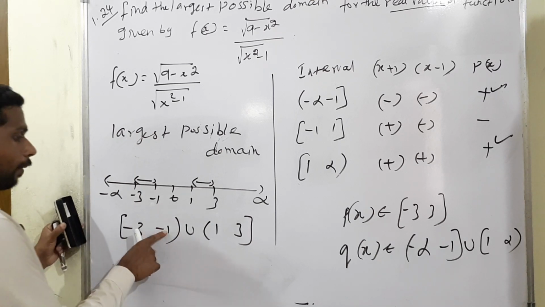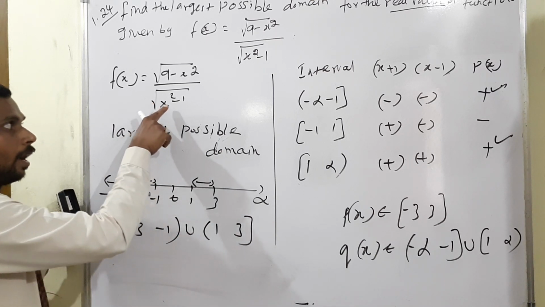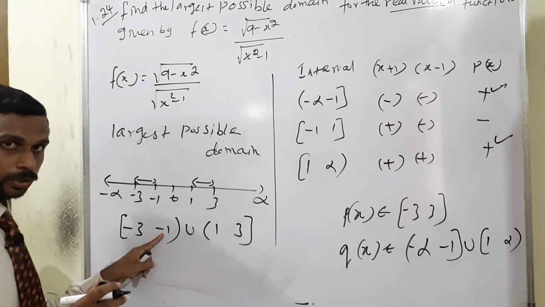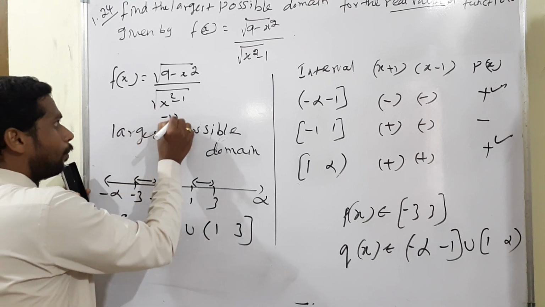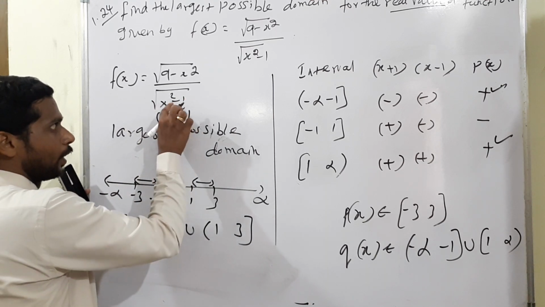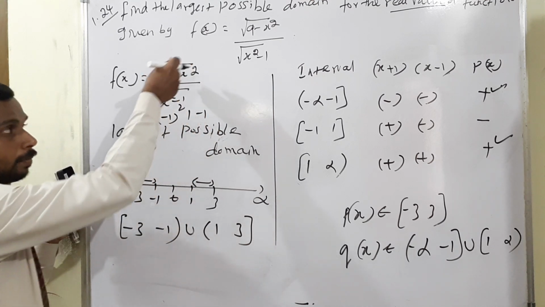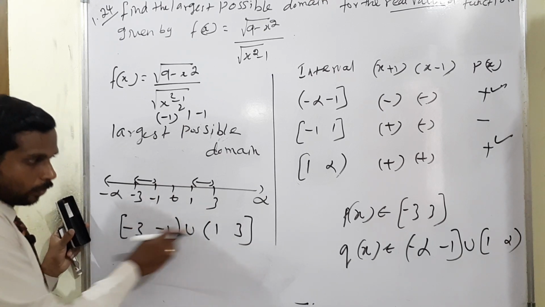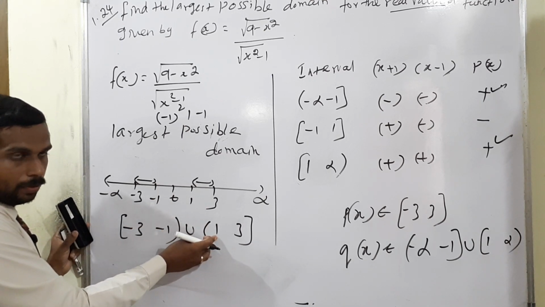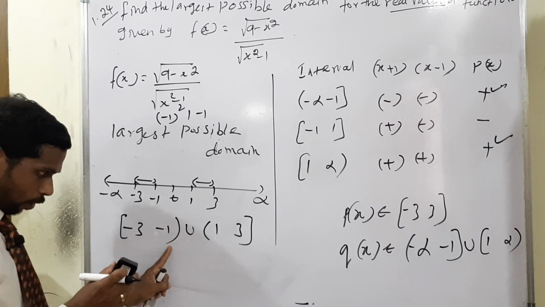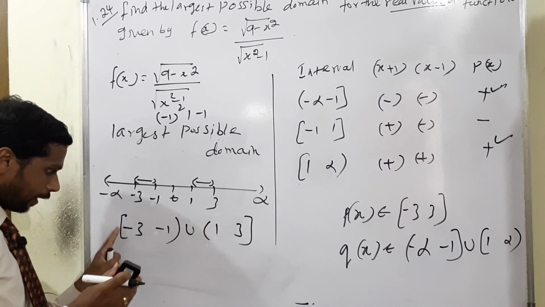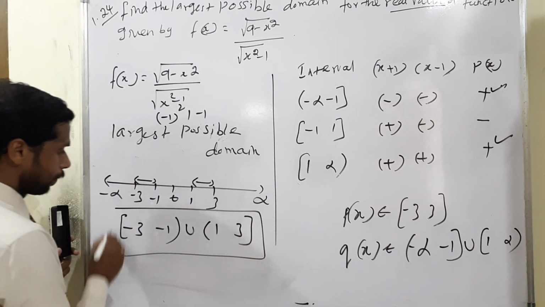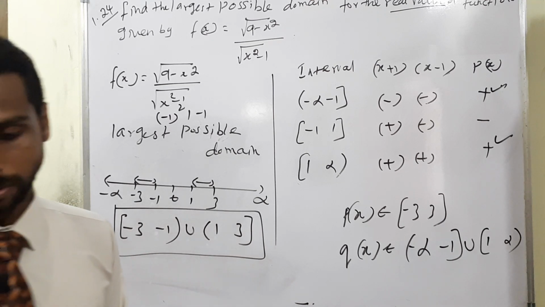Listen, why have I taken minus 1 and positive 1? In the denominator, x square minus 1 is already there. Closed would mean we include minus 1 also, but if you take x as minus 1, the whole square is positive, therefore 1 minus 1 is 0. Any number divided by 0 is not defined. That's why it is an open interval, except minus 1, and here also open, except 1. But at the starting point minus 3 and this plus 3 we can take as closed interval. This is the final answer, the largest possible domain. I will continue with the next question.